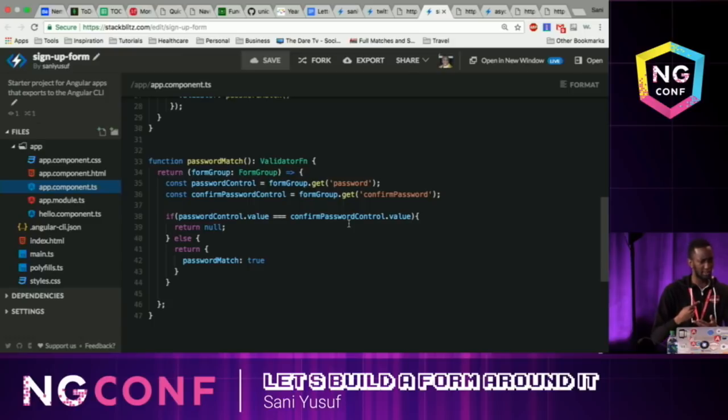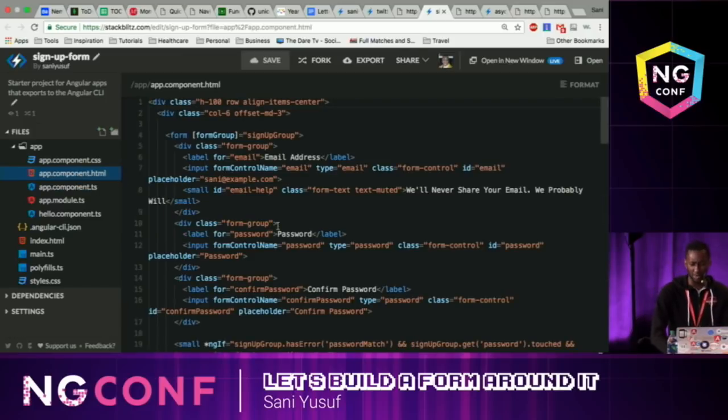Sort of like a flip boolean, and that makes sense. So I'm only returning something. The name of the error is passwords don't match. And if we look at the HTML here, you bind the form group property to the form group, and here you use the form control name. The form control name only works within a nested context of a form group. And you can have as many things.